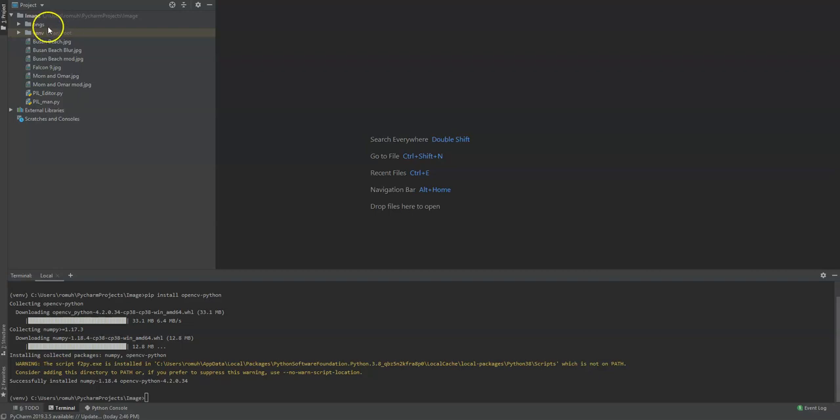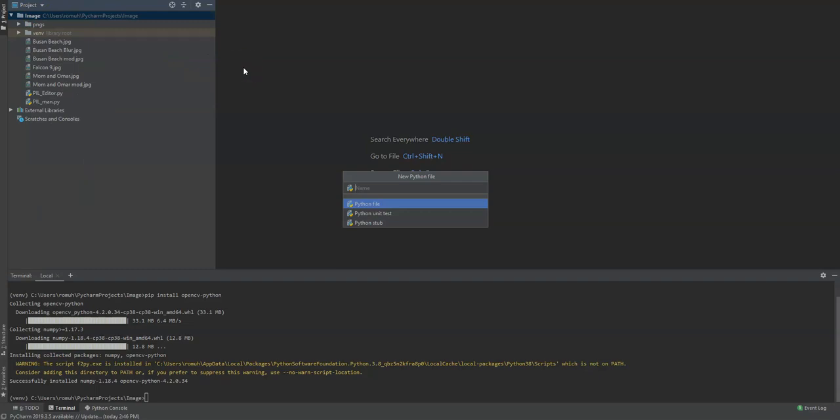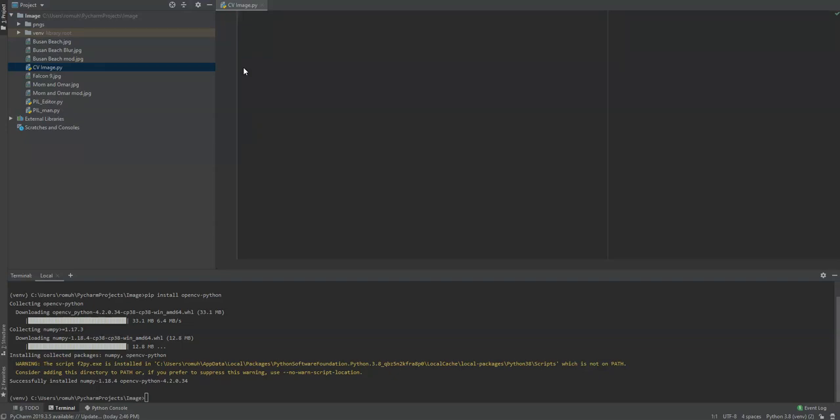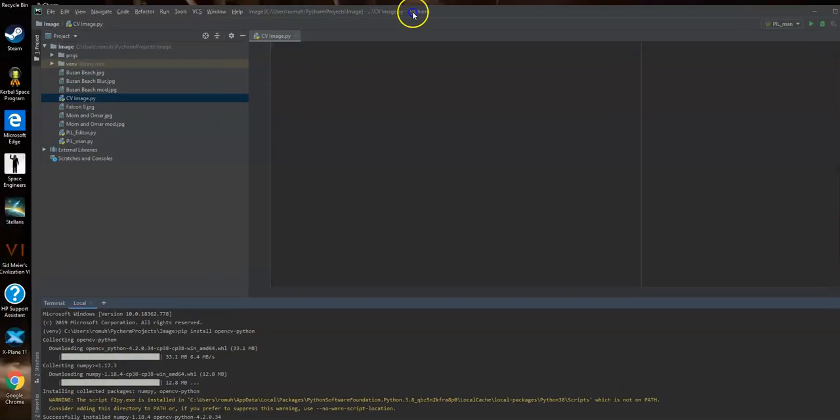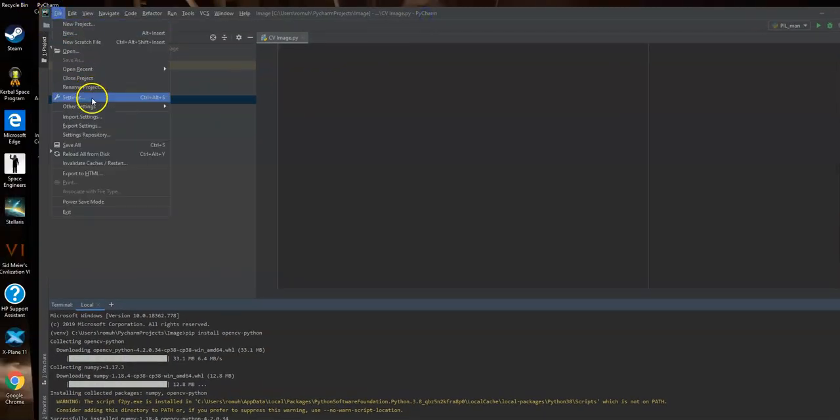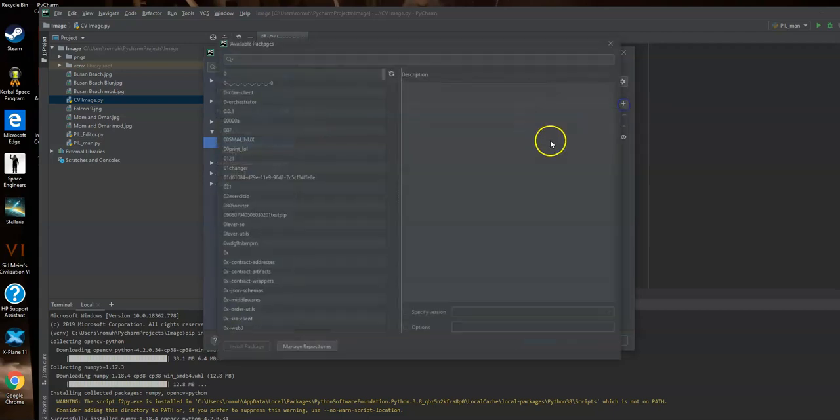So let's go ahead and make a new Python file. We'll call it CV image. We'll open that up, and what we want to do is upload two more libraries, matplotlib and numpy. So let's go to my settings again, and then go to the interpreter. We got that already. So we want to add numpy,